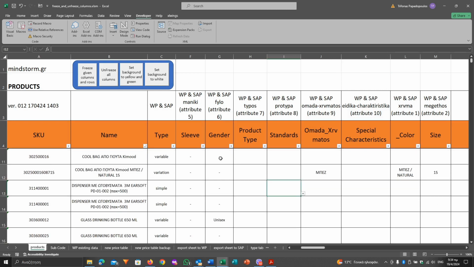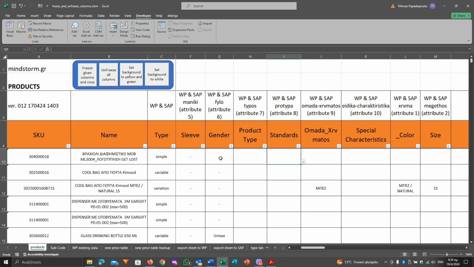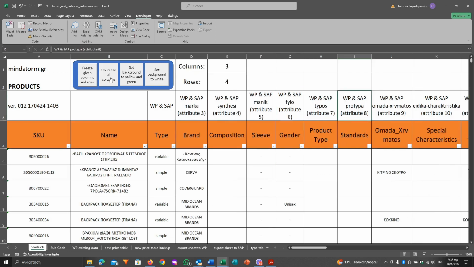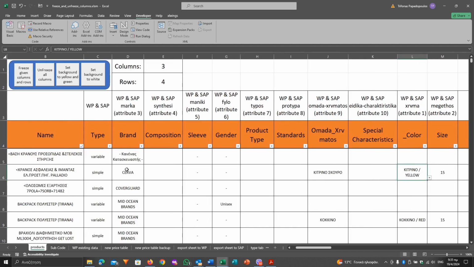If you want now to unfreeze all columns, what you have to do is press unfreeze all columns, and everything is back to normal. So if we press and we go down, or we go right,